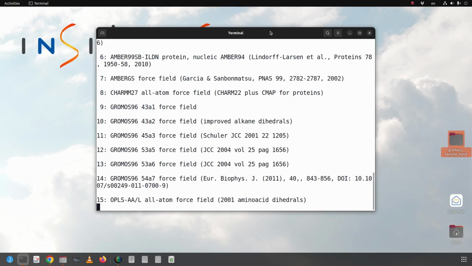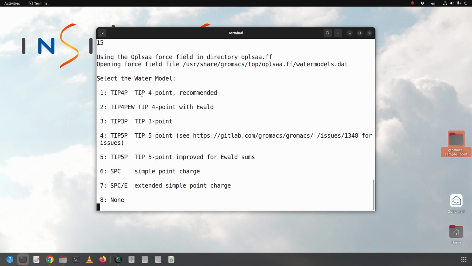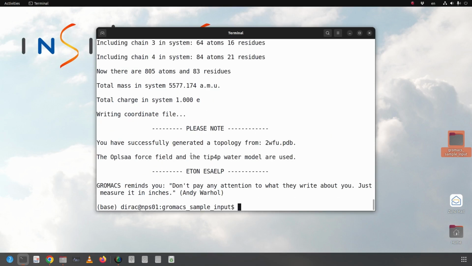And then it asks you a few questions. You select the force field, you just select the number 15, OPLS, and then it asks the water model, and here you just select the number 1, and it's done.